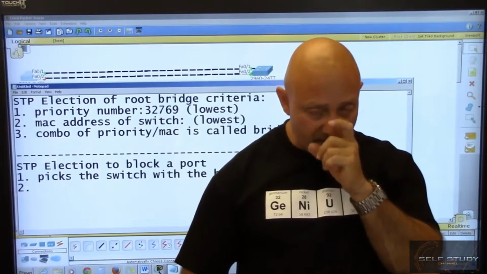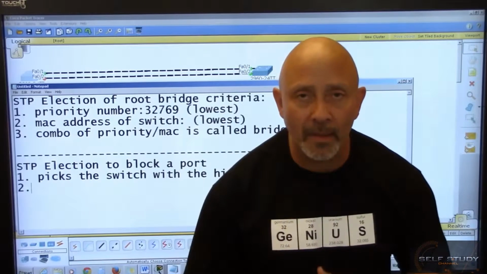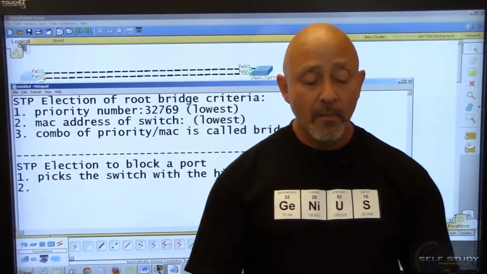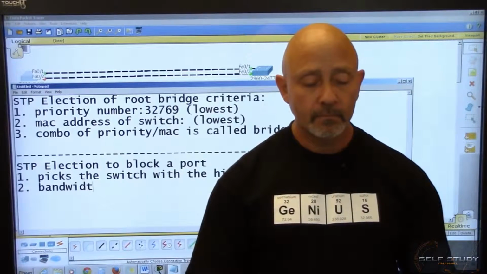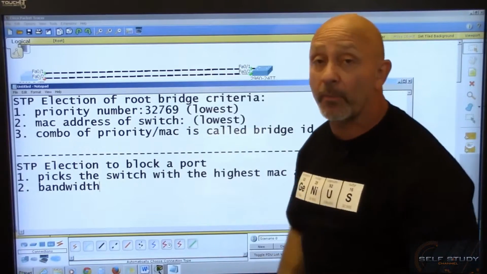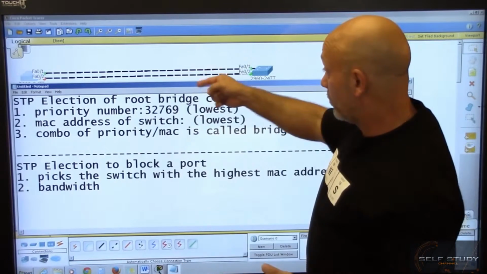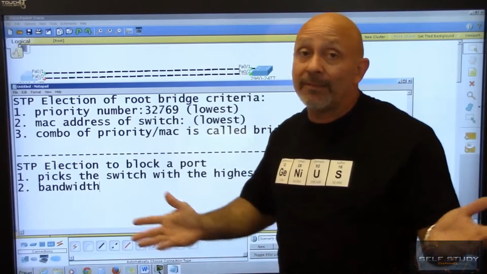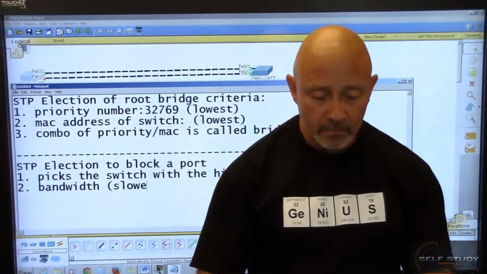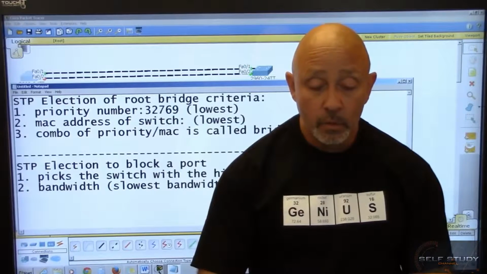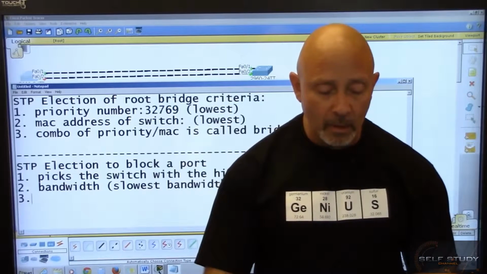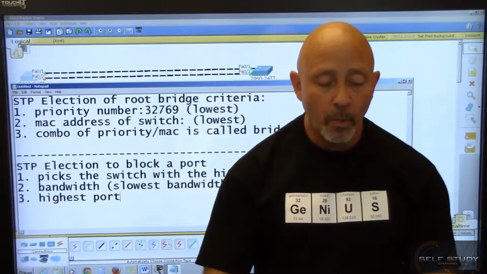The second criteria, it says, okay, which port do I block? First thing it looks for is, okay, let's look at bandwidth. They're all at the same bandwidth. These are Fast Ethernet ports, so it can't use it. There's no tiebreaker there, same bandwidth. It would choose the slowest bandwidth to block. So since it couldn't use bandwidth, it will choose the highest port number